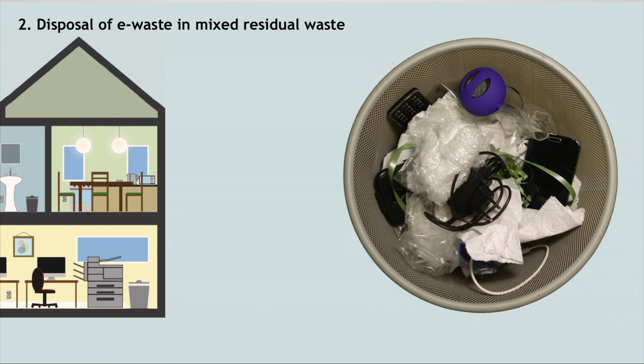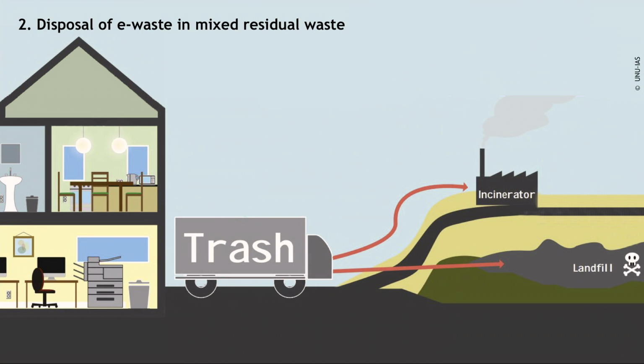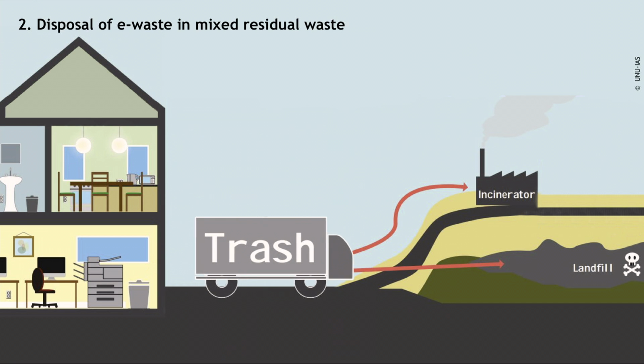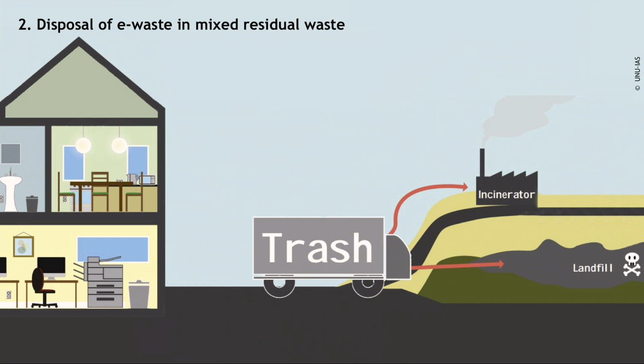plastics, and e-waste. Small equipment, such as lamps, USB sticks, phones, electronic toothbrushes, etc., are often thrown into the normal dustbins. Often, this trash is brought to landfills or incineration plants, leading to a loss of potential resources and negative environmental impacts. It is estimated that 0.7 million tons of e-waste are handled like this in the European Union. The amount of e-waste that is disposed of in waste bins is unknown for other regions.